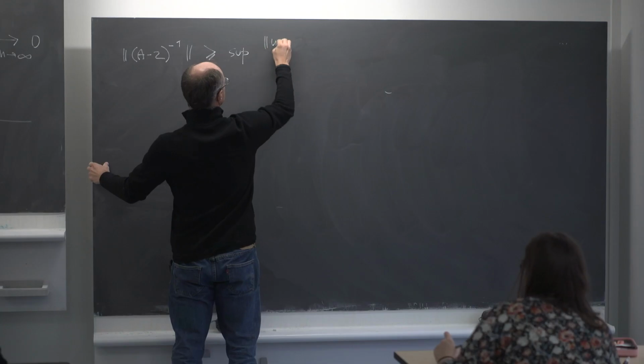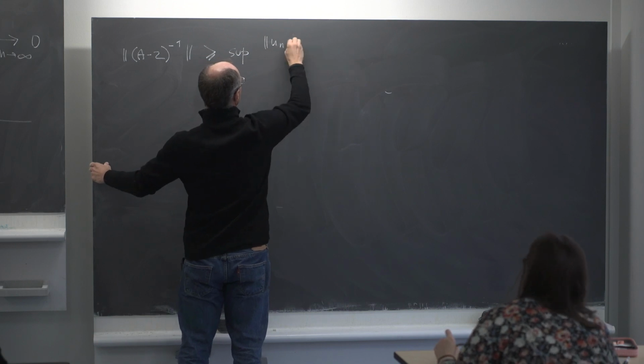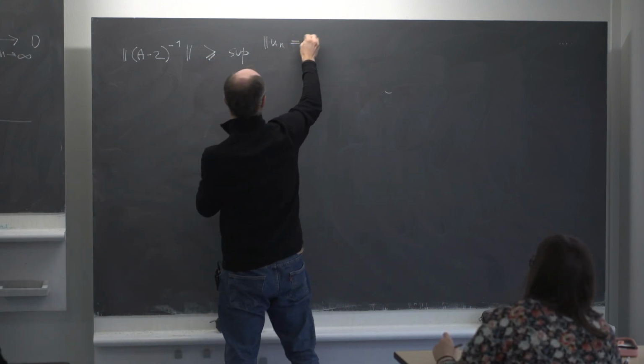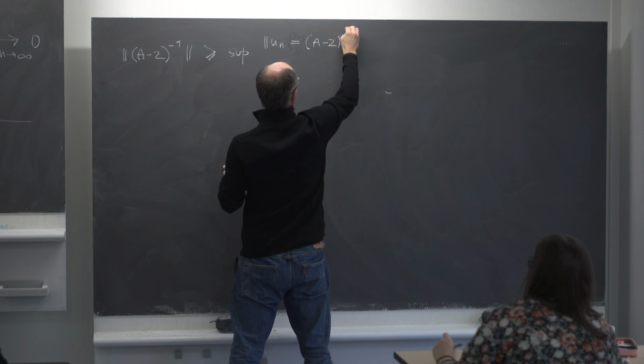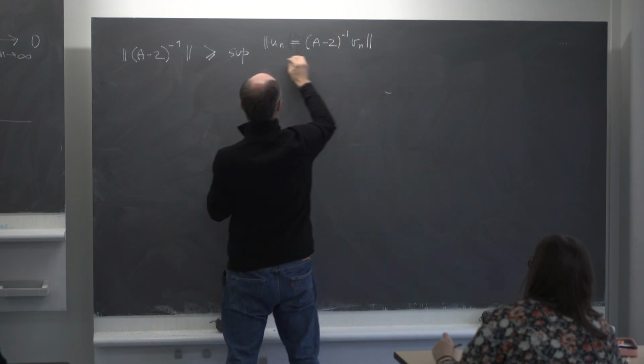Of the norm of u_n, which is equal to (A minus Z) inverse of v_n,